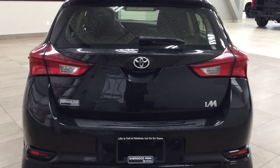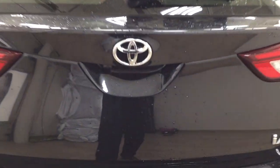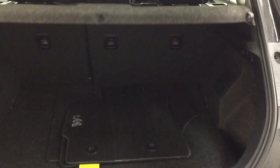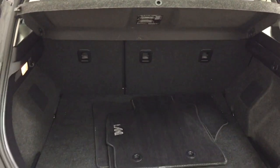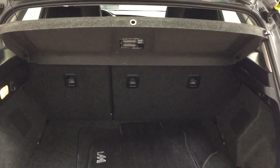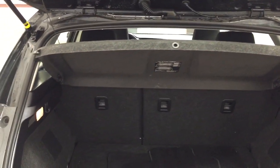Finally, we'll be taking a look at your rear cargo area as well as your tailgate. Located on the back of your tailgate, you see your backup camera just on your left-hand side. And closing in on the rear cargo space, as you can see, you have the additional set of mats. Cargo cover in the back, which is great because you can cover up your valuables just while going from place